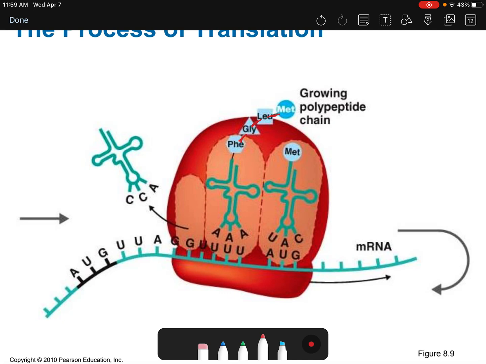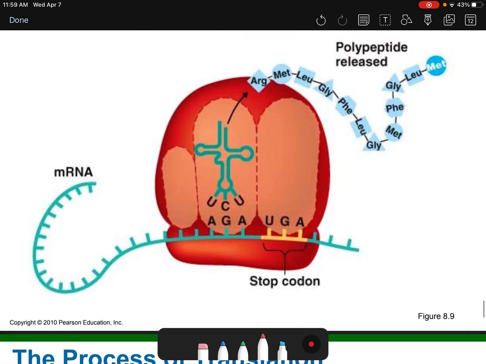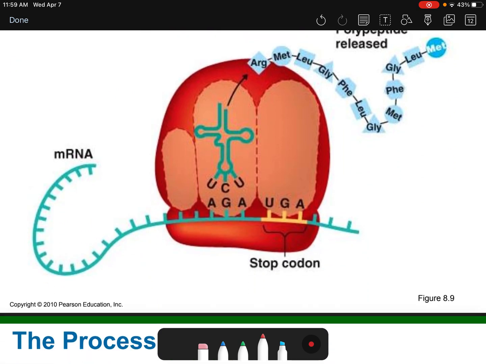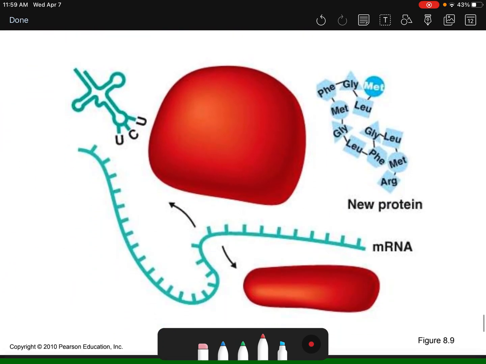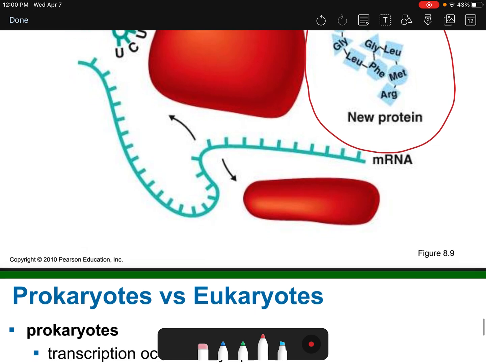together by peptide bonds. And then the old tRNAs just get released and they go out in the cytoplasm and go get more. It just continues and continues and continues until you reach a stop codon. Okay, UGA codes for a stop codon, which signals the end. And that means everything kind of breaks apart, and here you've got your new protein. And it's going to start folding and bending and all that to make the shape that it needs to be